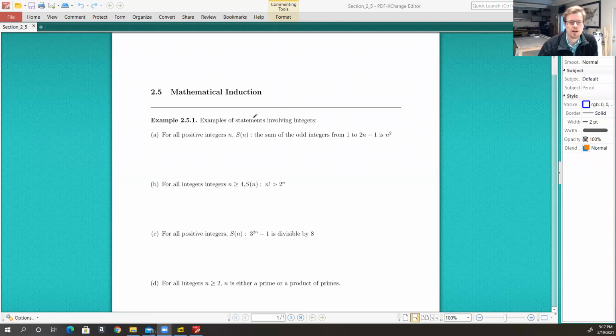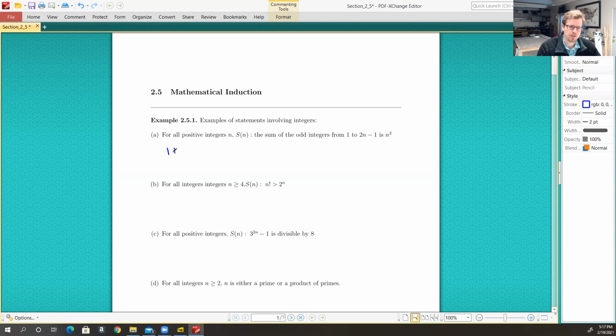All right, so our first statement is that for all positive integers n, S of n is the statement: the sum of the odd integers from 1 to 2n minus 1 is n squared. So we're just looking at the sum of the odd integers, and we're saying what their sum is. Okay, it's nothing too crazy. So for example,